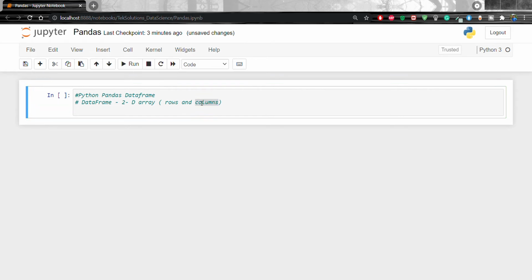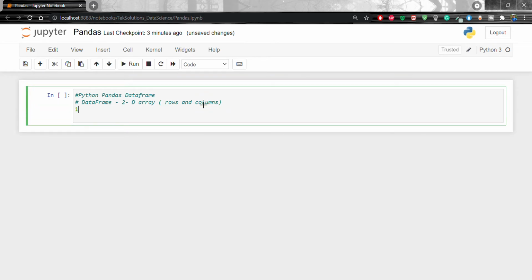That is rows and columns. Okay. So it consists of the following properties. The first one is that the columns can be heterogeneous types. So what is heterogeneous types? That means you can have any data type, like integer, boolean, and so on.